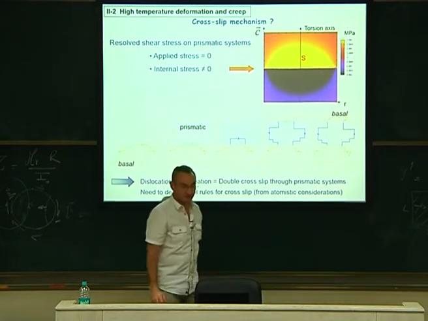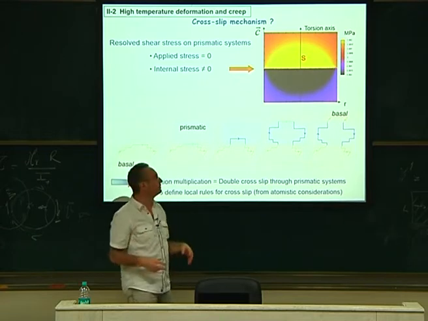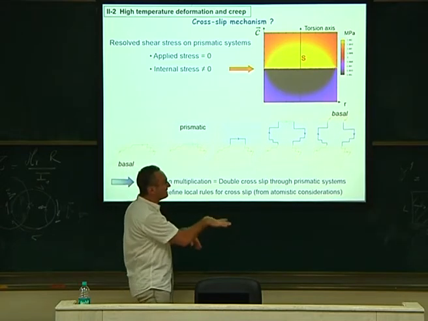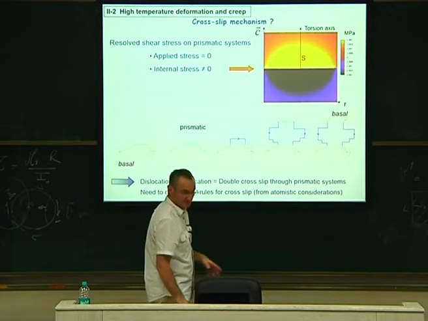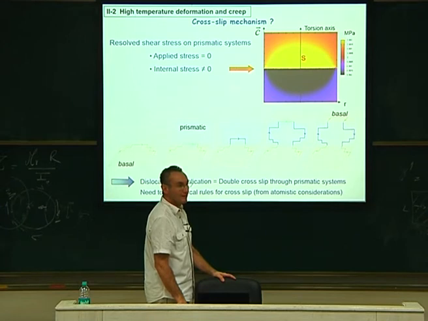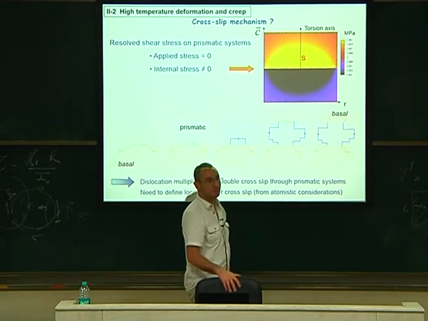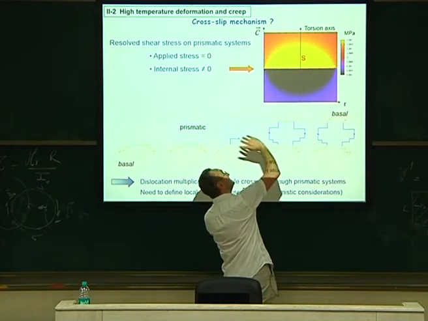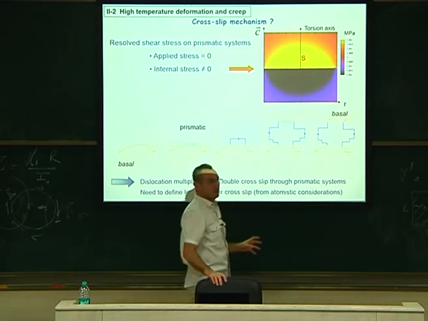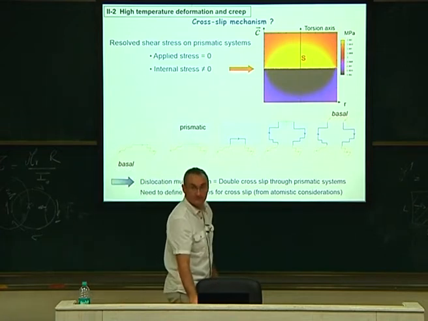So let's put that in the DD code. We just need to introduce the cross-slip probability. Now you know what the cross-slip is: the cross-slip probability to change from basal to prismatic. But this internal stress is only from the other dislocations? Only from DD, yes. Yes, because the external load does not create any stress on the prismatic plane, because it's perpendicular to the shear stress. The shear is like that, and the prismatic is like this. The normal to the plane is perpendicular. Okay?